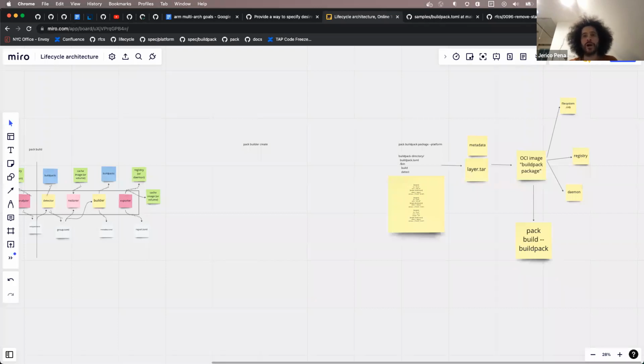Not many users want to test things locally, but when you're trying to convince someone to use buildpacks, they're going to want to test things locally before they decide, I'm going to use this for all of my apps going forward. And if the experience is, well, you have to jump through 10 hoops before you can use this, and it's probably not going to work right because you might get some compilation errors, it's not really ideal. So in an ideal world, if a user says pack build and they build an image, it should just build it on whatever architecture they're on.